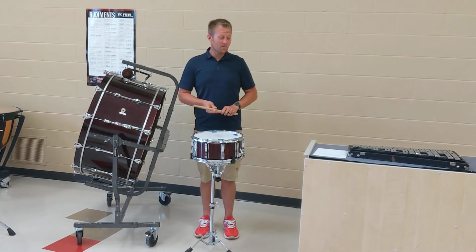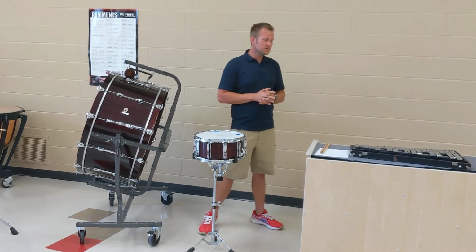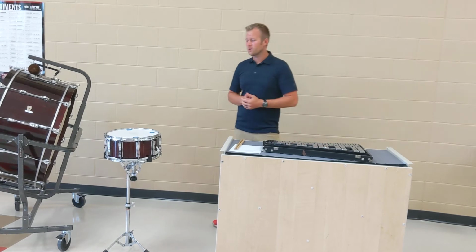So that gives you an idea of what to expect with the snare drum. Like I said, the majority of your lesson time and practice time is spent on these two, learning and mastering the notes and rhythms on mallets, becoming very proficient with those keyboard instruments, and then also learning to play